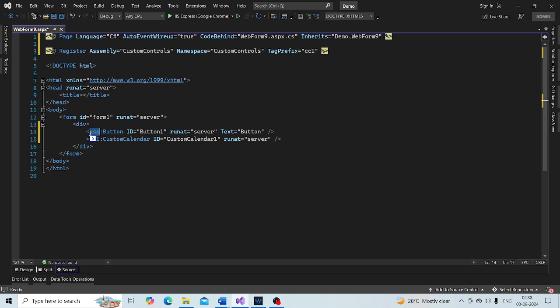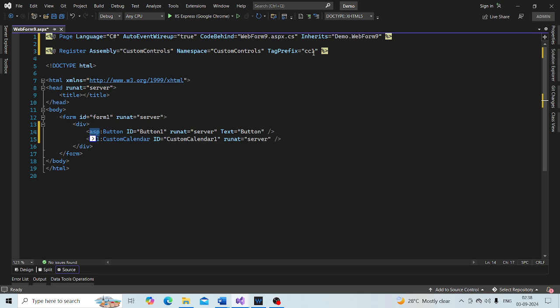Now similarly, let's say all the custom controls that are developed by SK, I need to have an SK prefix. Is that possible? Absolutely. So I am changing that to